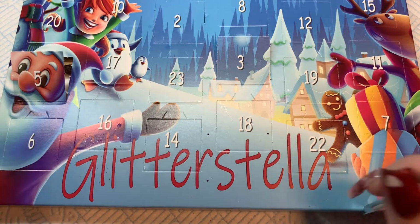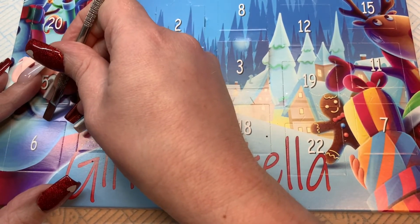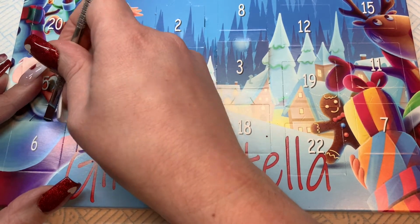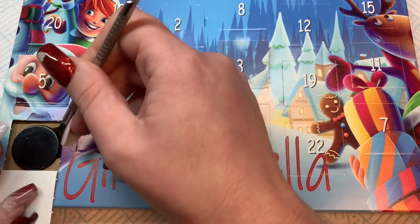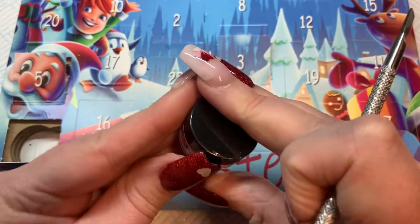So today we are on day 6. Oh, how are we feeling about that? Are we liking these? I'm really enjoying these. Really enjoying these. Let's have a look. What's under door number 6? Right, let's...